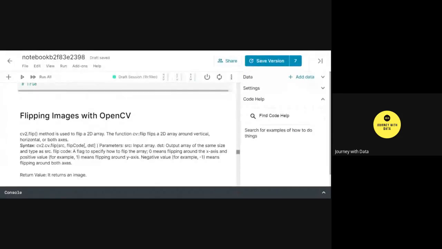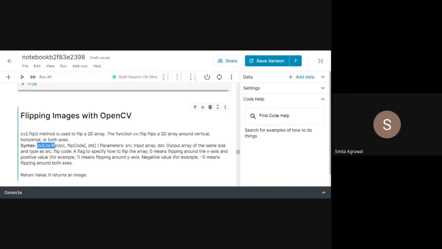So this will flip your image. And the flipping can be around the vertical axis, horizontal, or along both axes, depending on the parameters that you are providing. Now the syntax for this could be cv2.flip, and then the source, the image name, the source, which is the input array, and dst, which is the output array of the same size, and then the flag, which determines along which axis you want to flip your image.